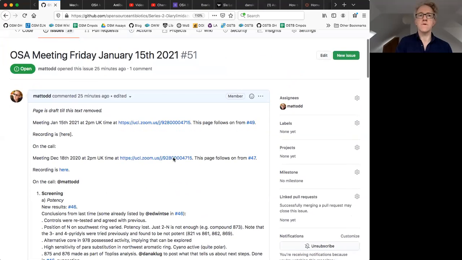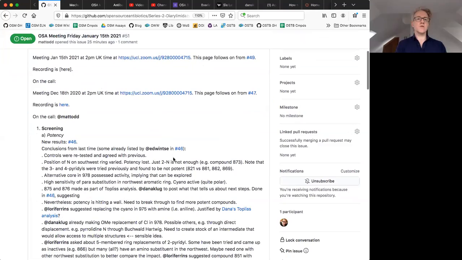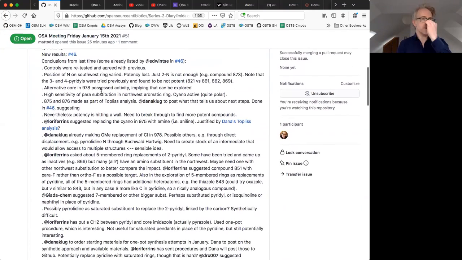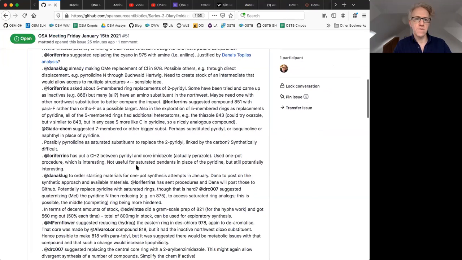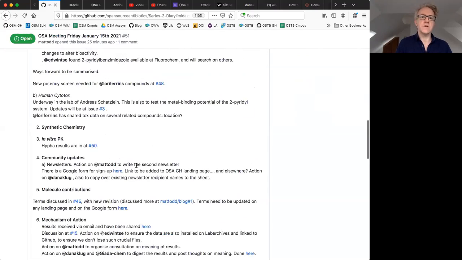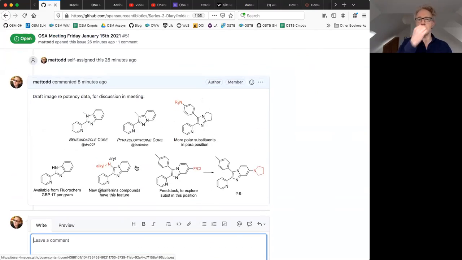So that's the meeting, yeah. I listened to the meeting again, and there were a huge number of really good suggestions from everybody, particularly ones where we were talking about structures that we could make as feedstocks to allow diverse syntheses of other molecules and alternative cores. So I started to work through that from these notes that I made about all the suggestions, which I've captured, but are presented raw, and we need to prioritize. And so I started sketching up a few of them there.